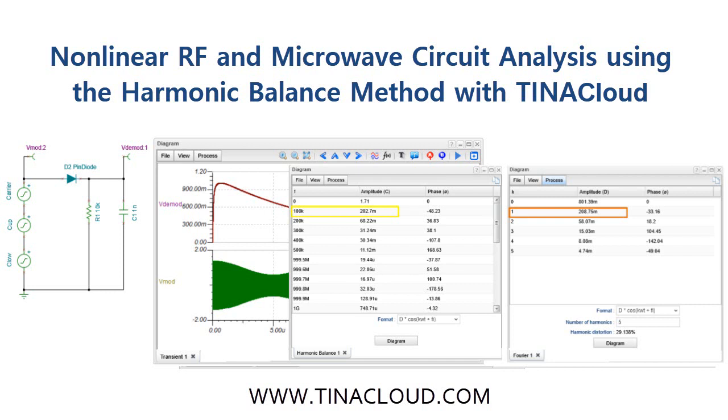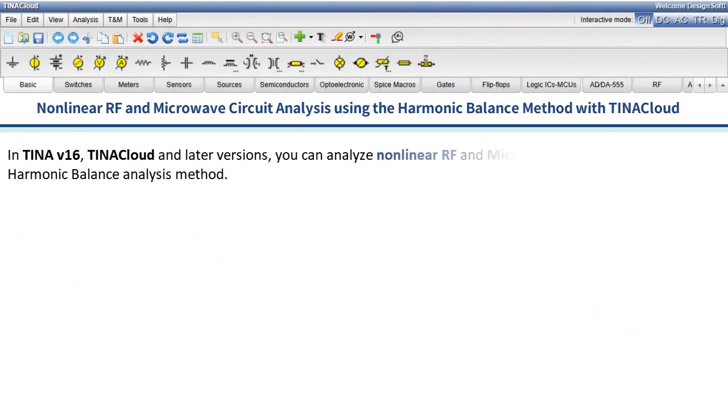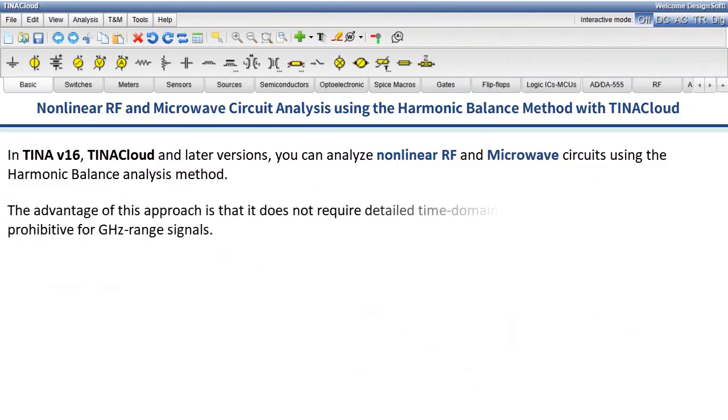Nonlinear RF and microwave circuit analysis using the harmonic balance method with TINACloud. In TINA version 16, TINACloud and later versions, you can analyze nonlinear RF and microwave circuits using the harmonic balance analysis method. The advantage of this approach is that it does not require detailed time domain simulation, which can be